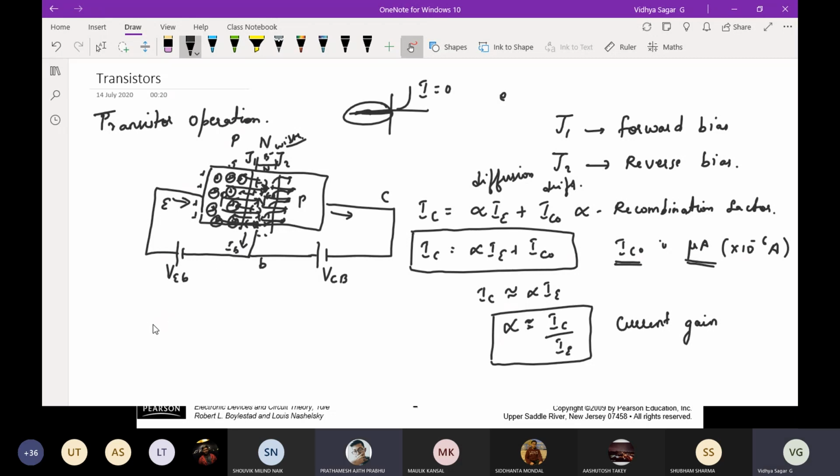Now sir, can you just give me the equation using Kirchhoff current law? So incoming current is equal to outgoing current, right? Can I say that? Yes, sir. So IE equal to IC plus IB. So the summation of your base current and collector current will constitute your emitter current.